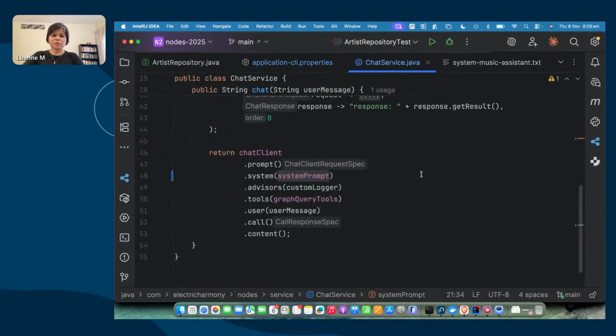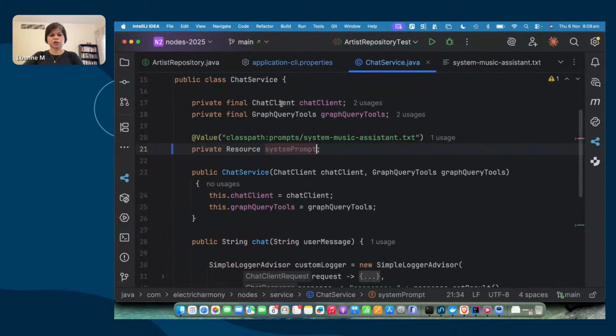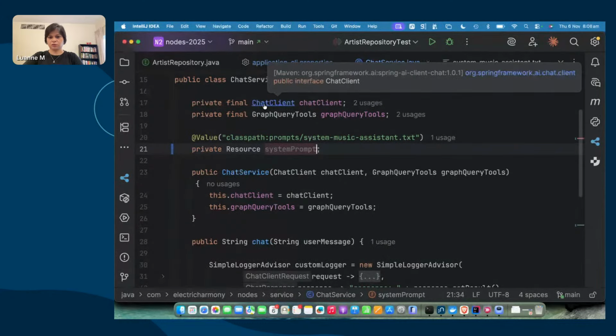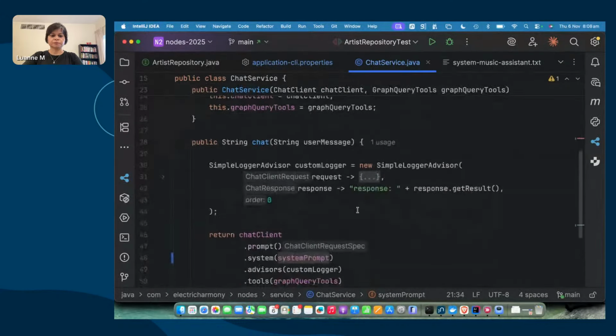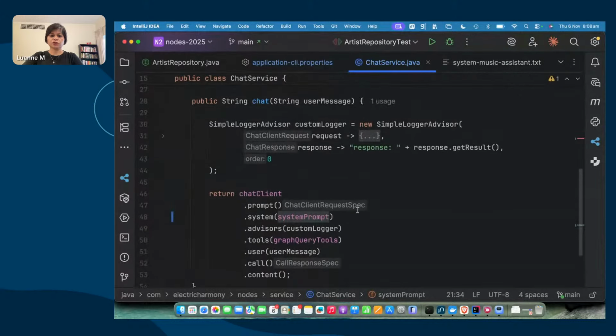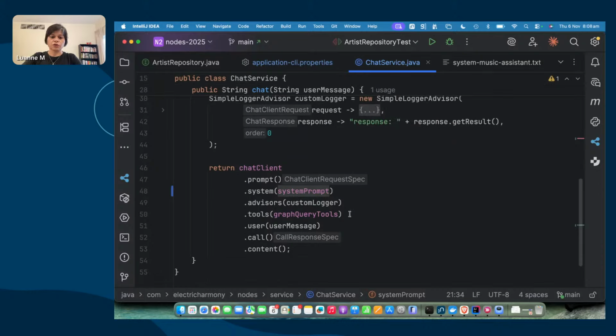And then we get to the meat of it, which is the chat service, and literally that's it. So we inject our chat client. You'll see that this comes from Spring AI. We have query tools, which I'll speak about in a minute. And once you have your chat client, because this is a command line application, the user is going to type in their prompt, their query, whatever they want to say, and we are simply going to pass that on to the